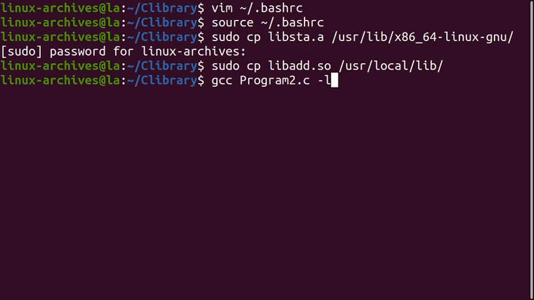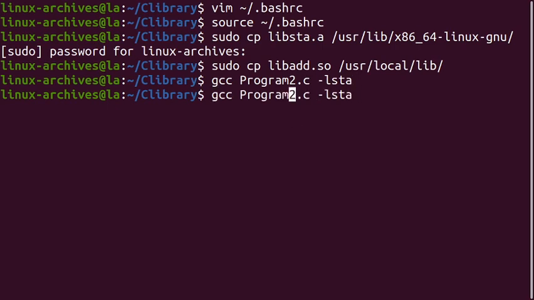The program has been compiled successfully. You will note that we did not need to specify the -L option to specify that the library is in the current directory. Similarly, program 3 can also be compiled without any errors.